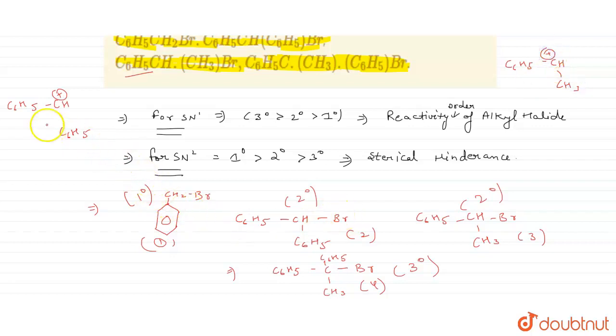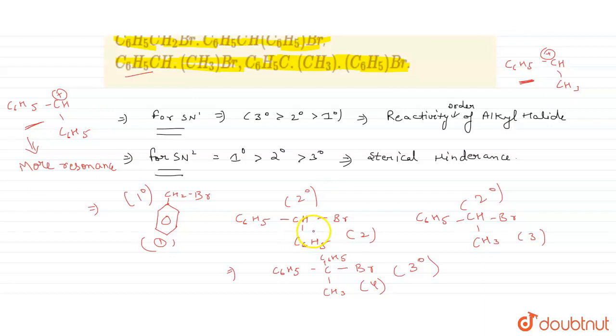I hope you can easily see that there is more resonance. There are 2 C6H5 groups, so there is more resonance than in this carbocation. Wait a second guys. So this carbocation will have more resonance than this carbocation, because this carbocation is formed when this 2 degree